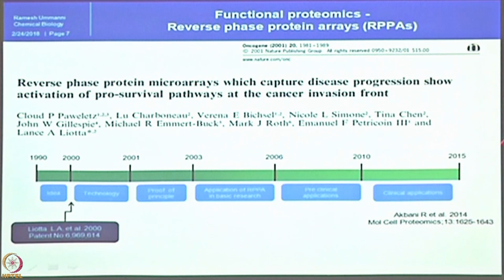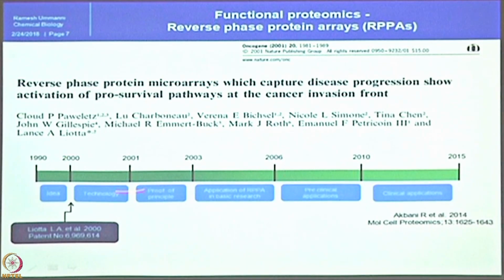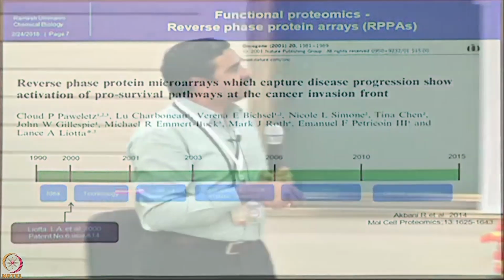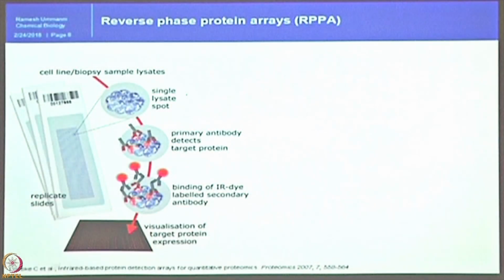This concept was developed by two great scientists, Peter Owen and Lance Liotta from MD Anderson in the US, and they started to establish this technique in 1990. Finally, it came into the light in 2001 after proof of concept and so on. Further it is progressing. Now in 2015 people announced that this can really go into the clinic towards personalized medicine. I will try to convince you how it can be used in personalized medicine, and obviously it requires a lot of technical